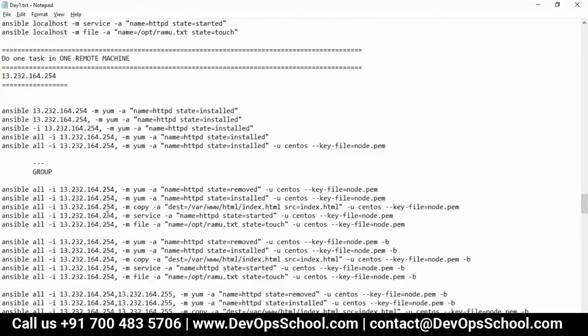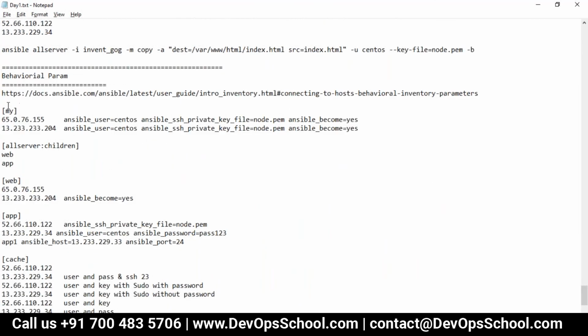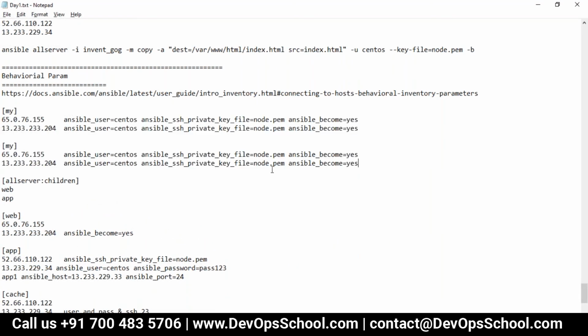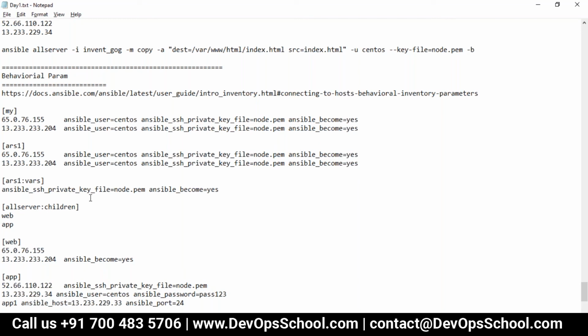One last topic before giving you the lab. If you think this is repetitive, why am I writing so much repetition? So guys, in ARS1 there is a simple way you can also write it. You can convert this into variables. I am showing you limited scope of variables. I will show you variables a little bit later, I mean tomorrow, and you'll understand this.